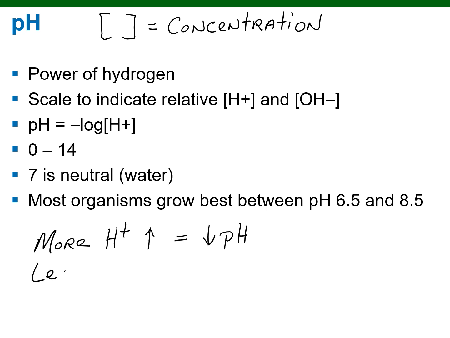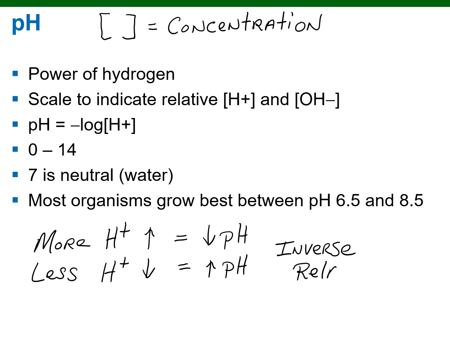Less hydrogen ions going down is going to equal a pH value that climbs. So we're seeing here this inverse relationship. It's important that everybody remember that when thinking about pH values, so that it makes sense when you think about this